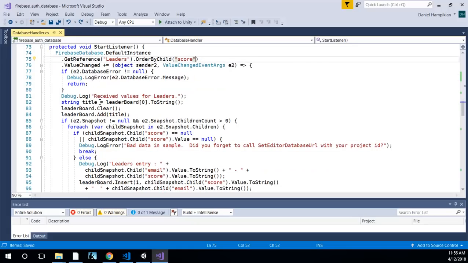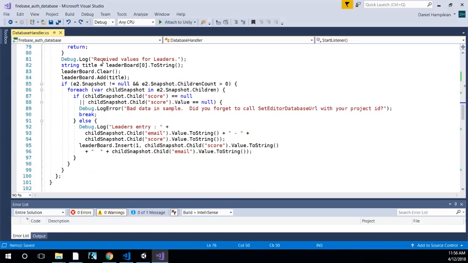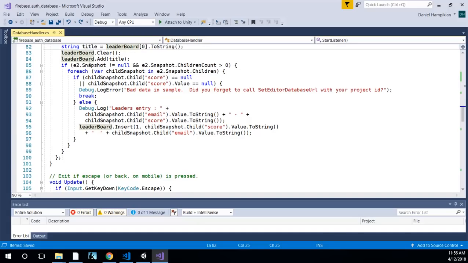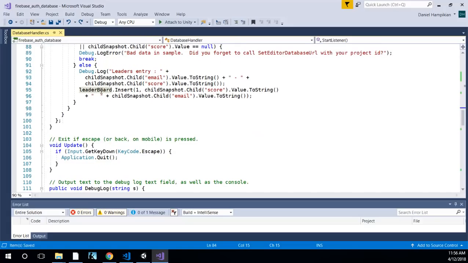Now it is also listening for any value changed and updating. After all that's done, it is updating our leaderboard array with titles and adding our snapshots of our database, the state of our children in our database that are at leader scores. It's adding that to our leaderboard. So when all that is done, else leaders right down here,